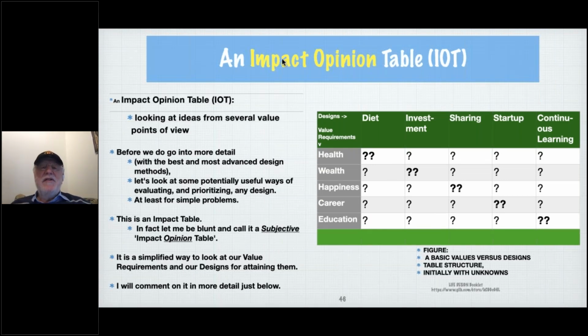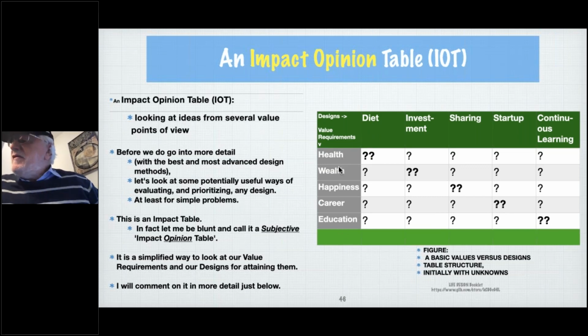So let me introduce to you an impact opinion table, or IOT. And here it is. On this axis of an impact opinion table, we have some value requirements: health, wealth, happiness, career. So those are values of, say, some person, and they are quantified someplace, hopefully, maybe not, probably not in this oversimplified case. And then this person is trying to improve their life, and this,